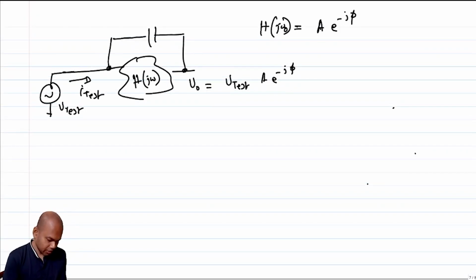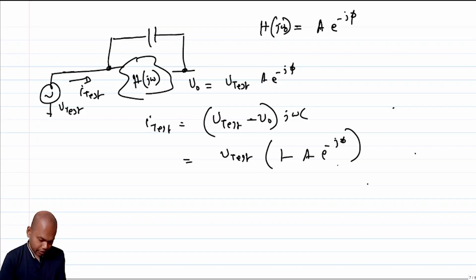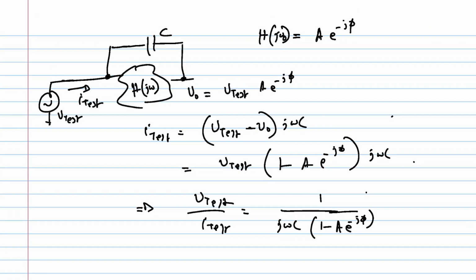Which essentially means that your I test is the difference of voltage times j omega C. So your I test is essentially V test minus V0 times j omega C, which is V test times 1 minus A e to the power minus j phi times j omega C. So in other words, V test over I test is 1 by j omega C times 1 minus A e to the power minus j phi,